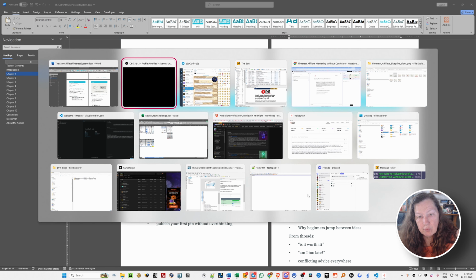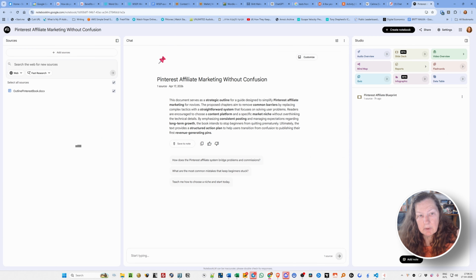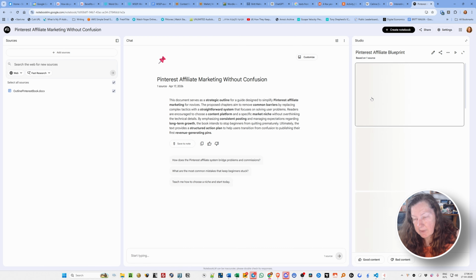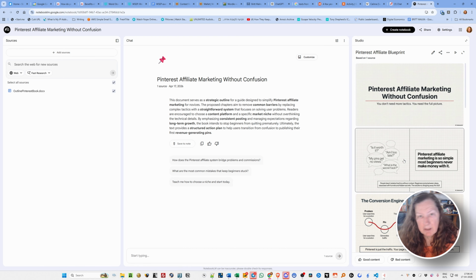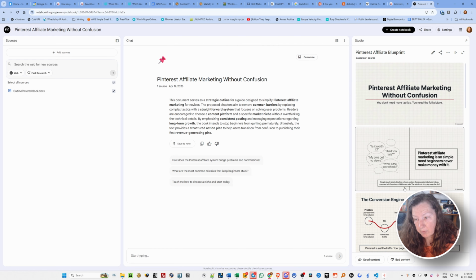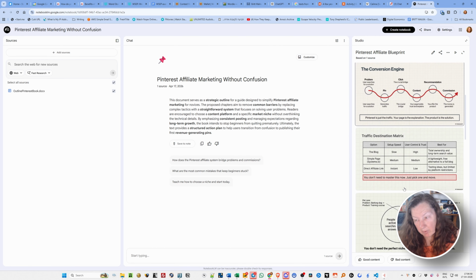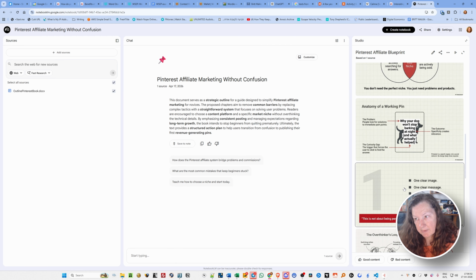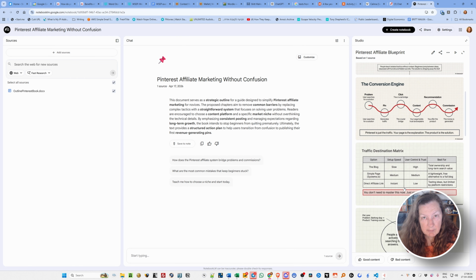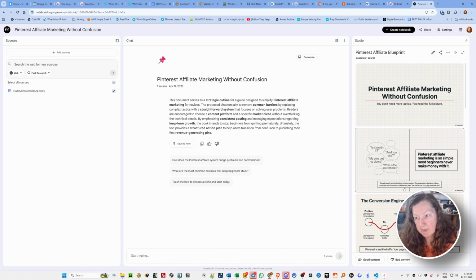So I went to Notebook LM and I uploaded the outline and created a new project with it. And then I asked it to make a slide deck, which it did. So here we have the slide deck, which is made from the outline alone, and those images are really brilliant. I saved them as a PowerPoint presentation because that way I could extract all the images.